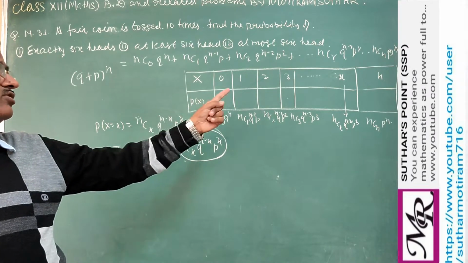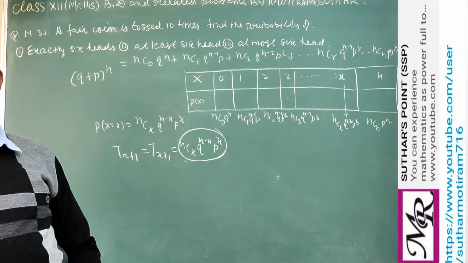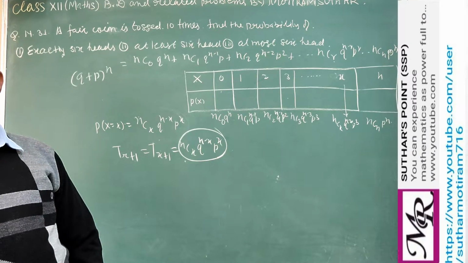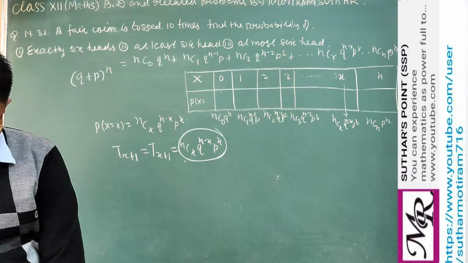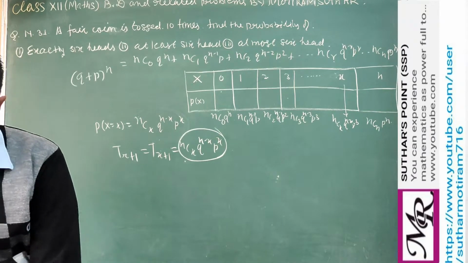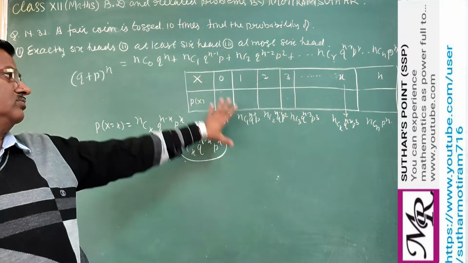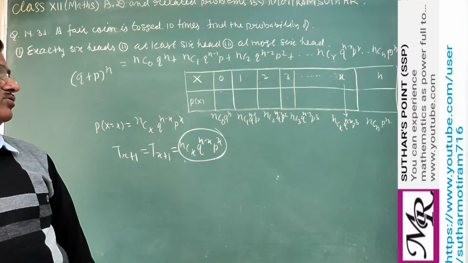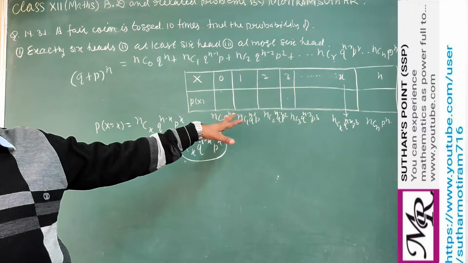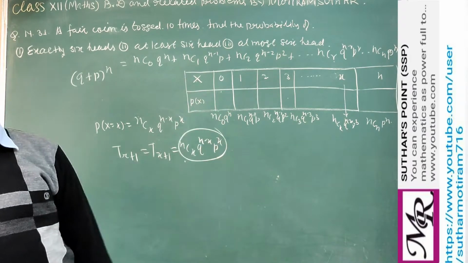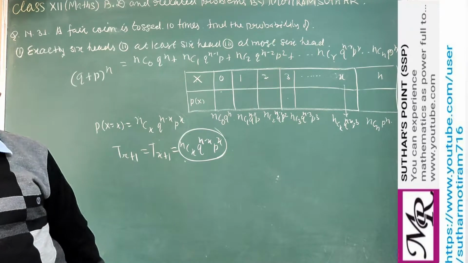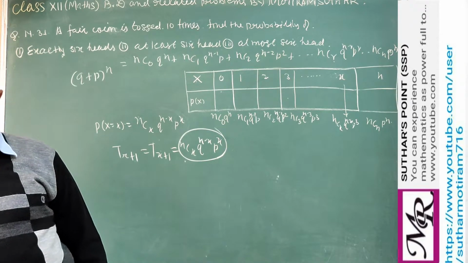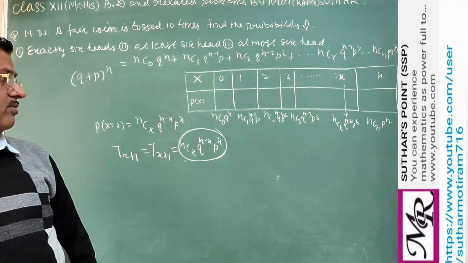So this binomial theorem is used. That's why this type of distribution is known as binomial distribution. Right? So this probability distribution is called a binomial distribution. If the question says find the probability distribution using the binomial, then you have to write this. Because given the values of n and p, we can find the complete probability distribution.